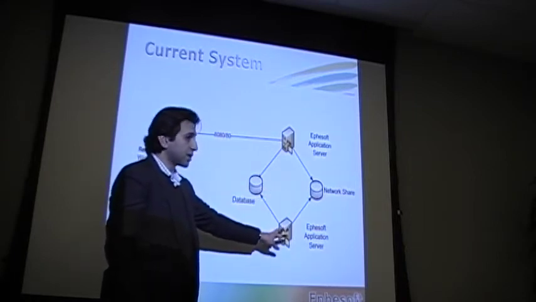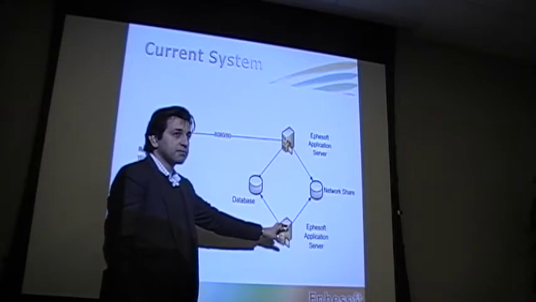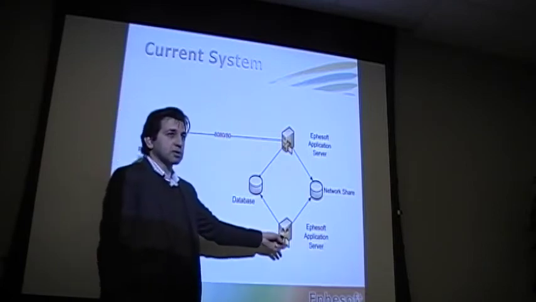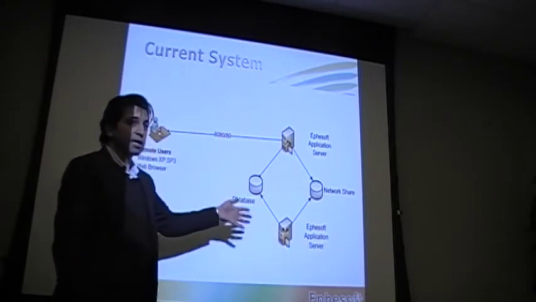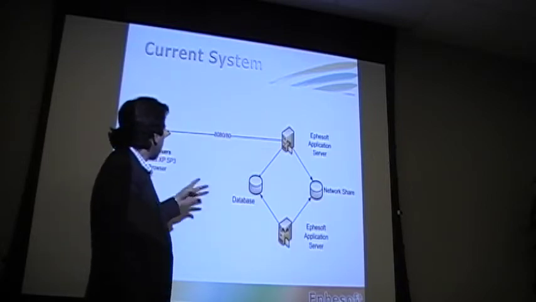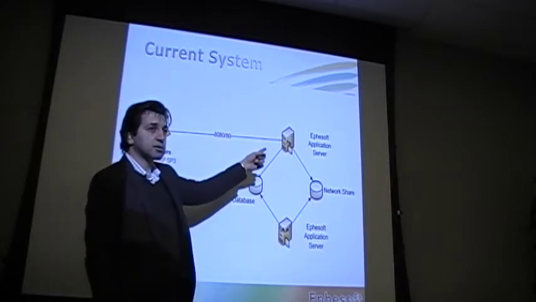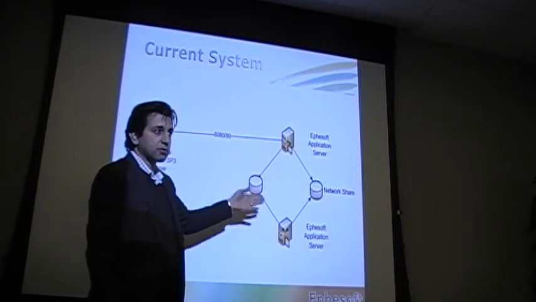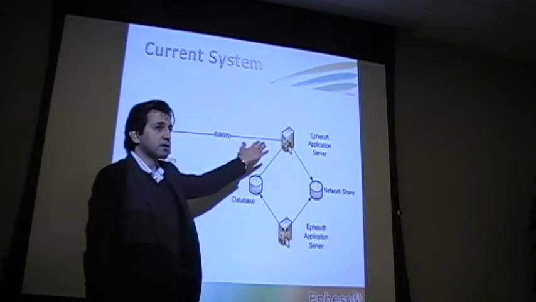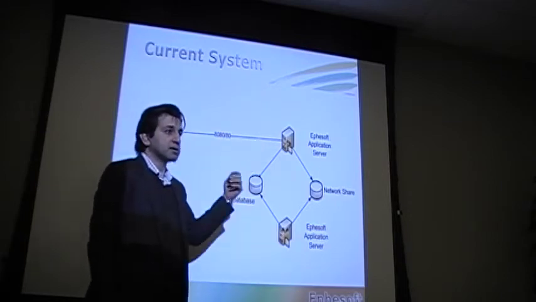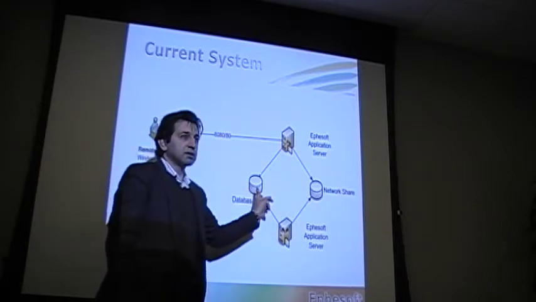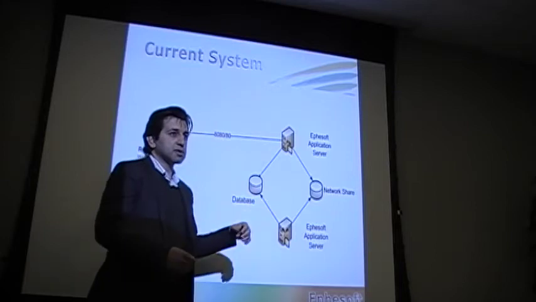So one of the servers right now is designated to host these. The other server is just processing the workload, just like this one also does. Just OCR classification, they both do those as well. And for users, we gave them access to one of the servers. These servers are identical to each other, so it doesn't really matter to us whether the users connect to that server or that server. They can look at the same batches, same jobs, because they both share the network share and the database. So it's like a mirror.